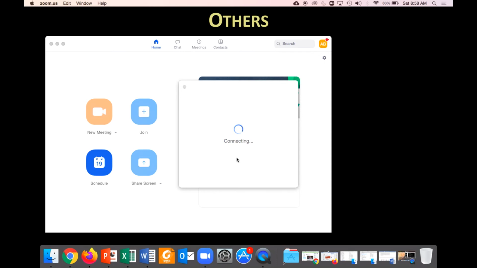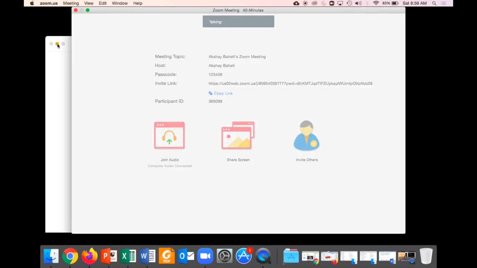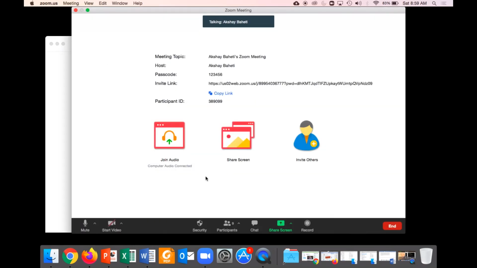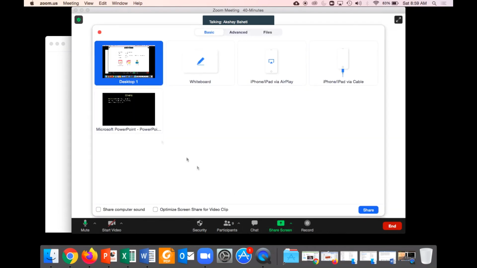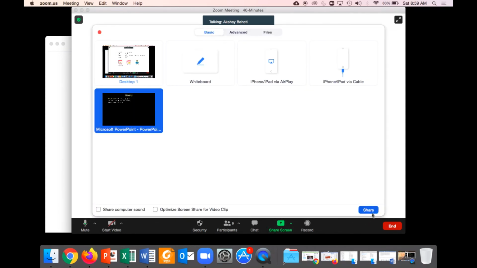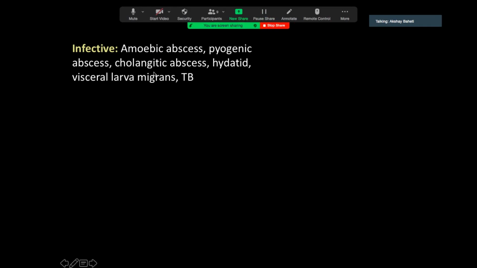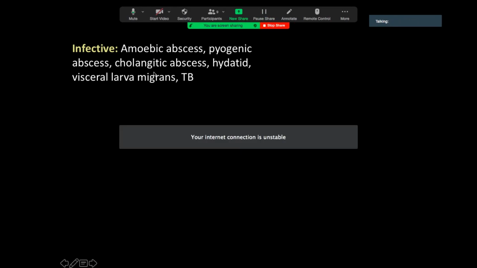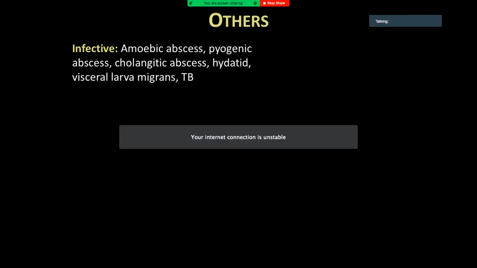Like there's IHBRD, and we cannot differentiate. The only way you differentiate is you look at history of fever and look at the leukocyte count. Whenever you get that, I just ask you guys only: is there fever, and what's the leukocyte count? If it is high, then we know it is most likely an abscess, and otherwise, it's more likely to be metastatic. So that's the only way you can differentiate.